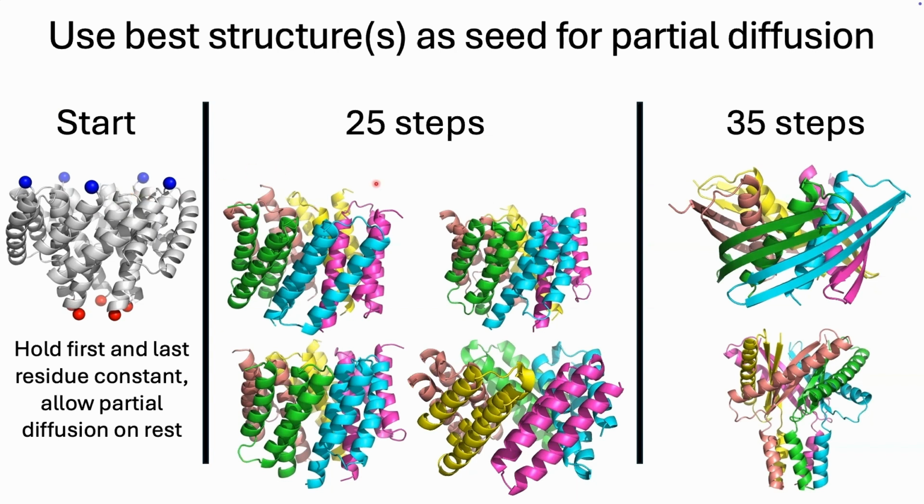So with 25 time steps, I was able to get variances of 3 helical bundles, but they do actually have some change now. And when I went to 35 time steps, we started to have some pretty significant backbone rearrangement. So all of these are sequence optimized, and they'll be tested next week. So I can't tell you how it worked, but